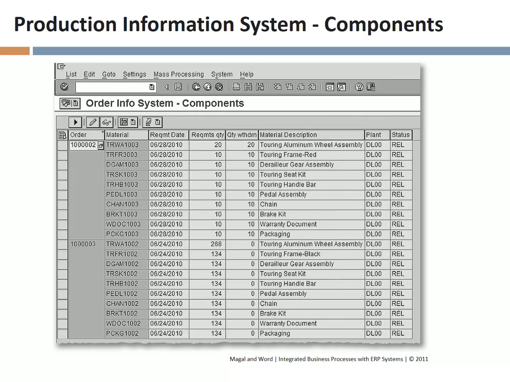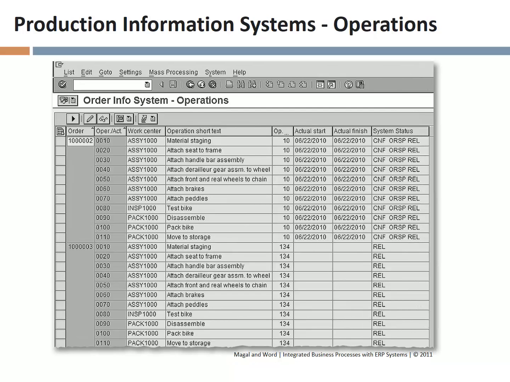You can see that this has actually been released, and so the factory is working on it. If it were done, we would see a different status there. We'd see confirmed, but we don't. So this would be an example of the various transactions that we can see in a system to monitor what's